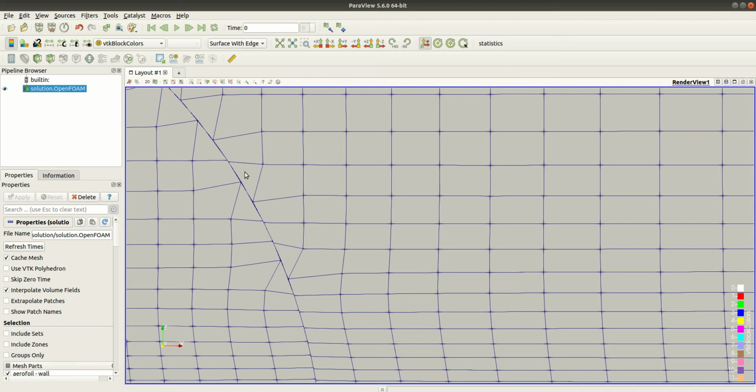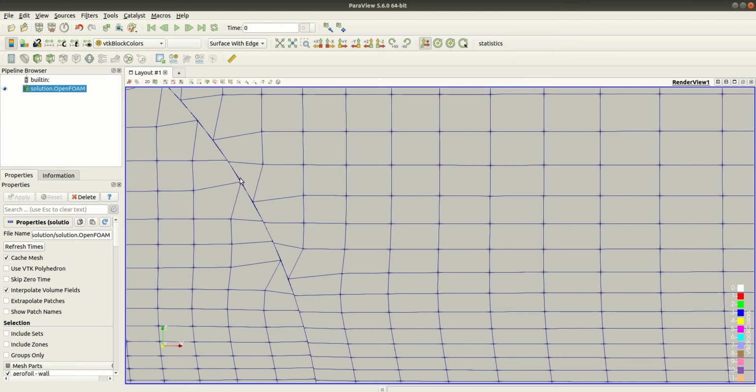For example, this cell is connected with two other cells across the same face. This is called non-conformal mesh. So in order to calculate fluxes, OpenFOAM here